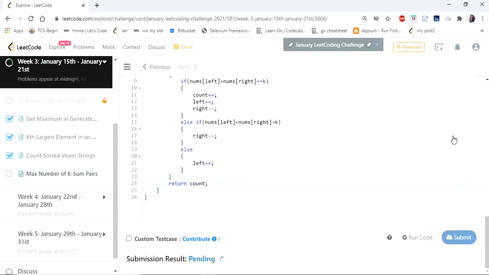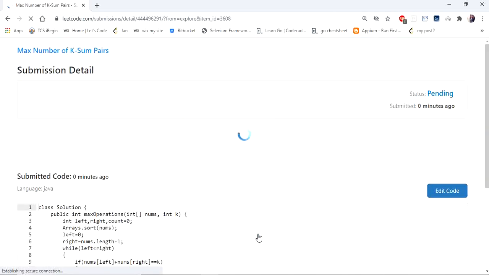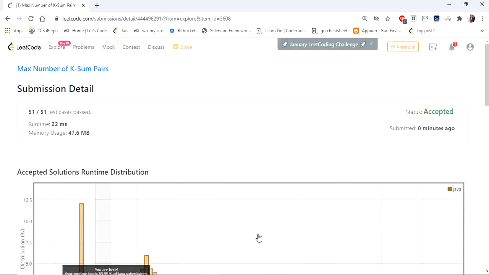If you see, the two pointer approach is very similar to another problem, boats to save people, which we already discussed in our channel. I've added the link in the description, so if you want to learn that, go and check that link. So yes, the solution is accepted. For the same problem, there are other solutions using HashMap, but if you use HashMap, the time complexity increases. I have already submitted a HashMap code in LeetCode that showed 44 milliseconds. So this is a better solution compared to that.